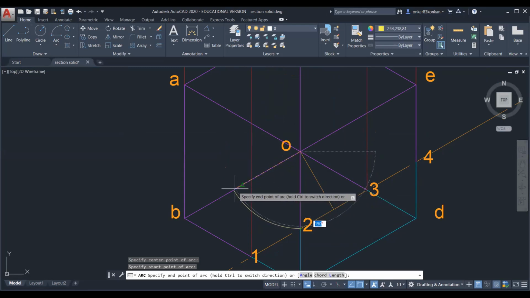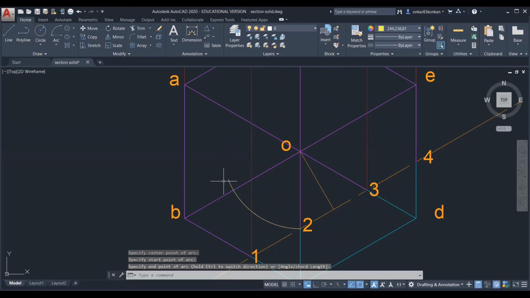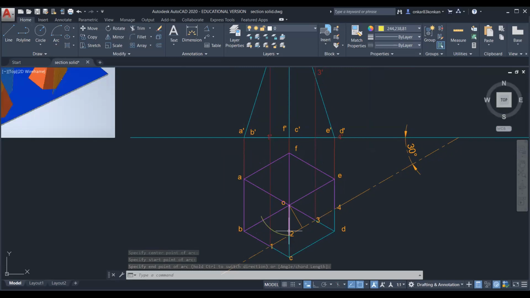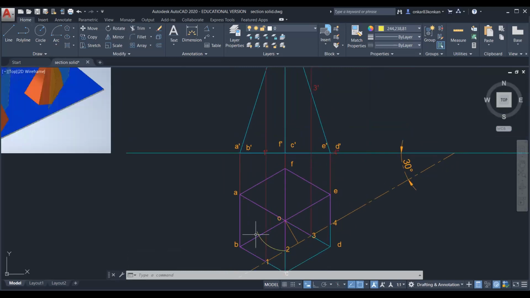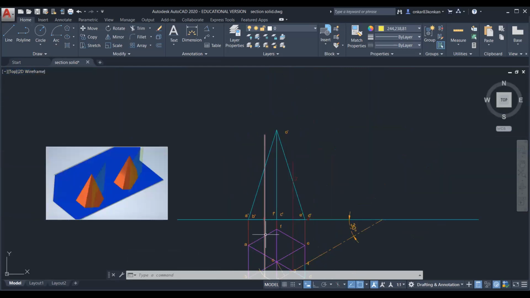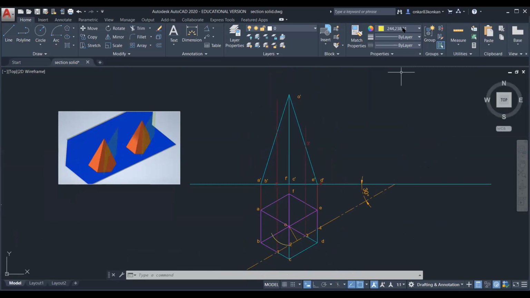So draw this arc on this OB, that is a slant edge. So now we have shifted point 2 on the slant edge OB, and now project this point on this slant edge O dash B dash. So take this projection.